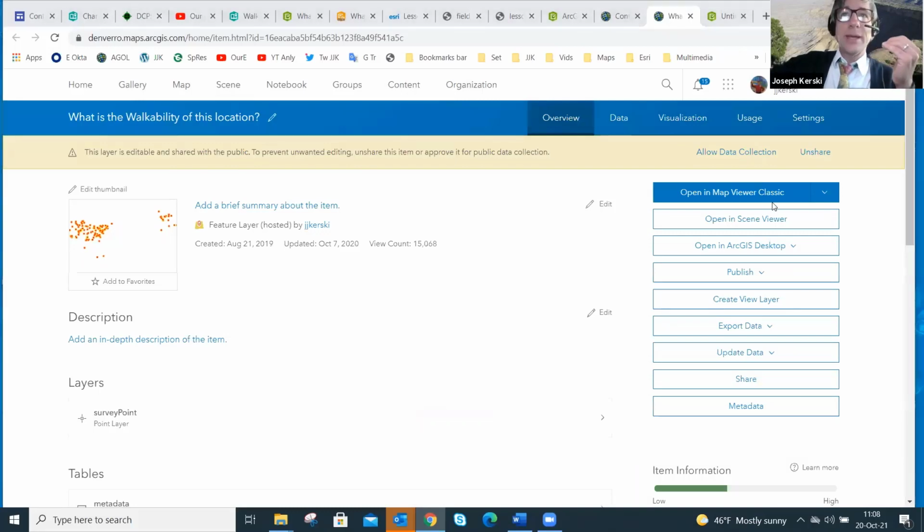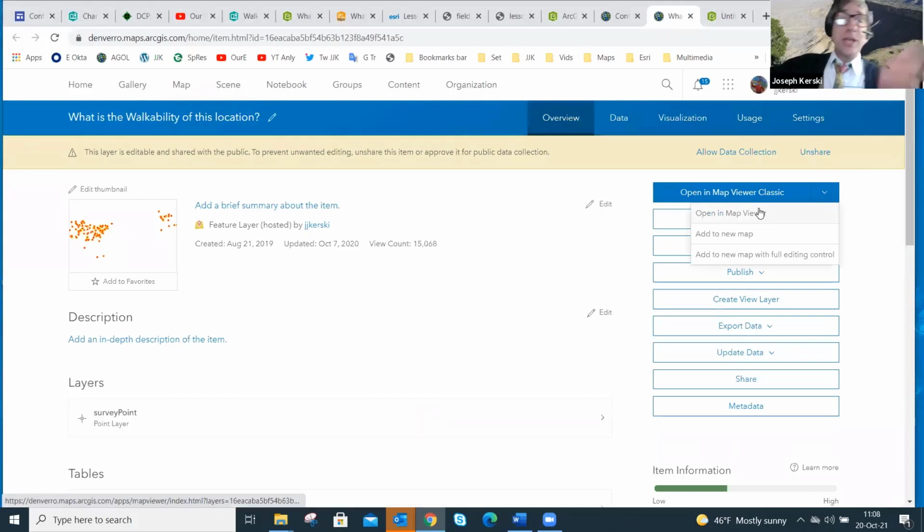So if I want to, I can open this up in either the new map viewer, which came out in May 2021, that probably some of you have seen and have used. The new map viewer has blending, it's got charting, it's got some additional functionality that the classic map viewer does not have. But right now we're sort of in these two worlds, in my opinion, because the classic ArcGIS Online map viewer has the analytical tools in it, the buffering, the geocoding, the overlay.